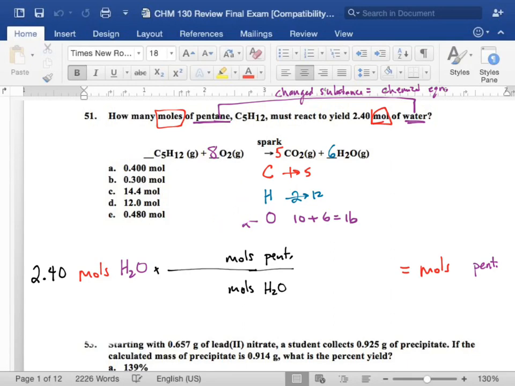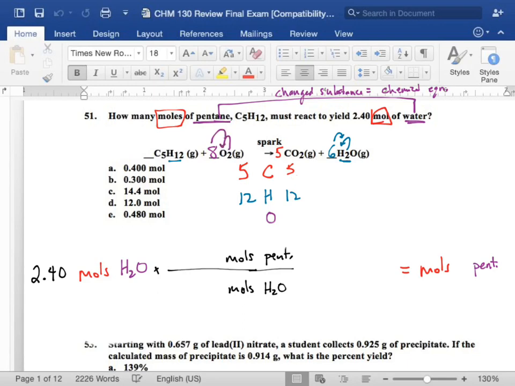Ideally, you do not look at your work because your work could be wrong. So you don't want to be evaluating your work at the same time. So go back through. Carbons on the left: 5. Carbons on the right: 5. Hydrogens on the right: 12, sorry, there's the 2 and the 6. Hydrogens on the left: 12. Oxygens on the left: